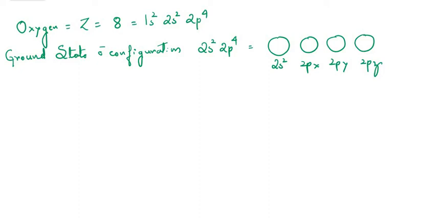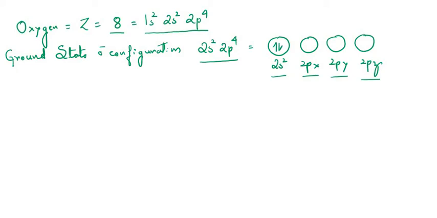Now we have to learn the electronic configuration of oxygen. The atomic number of oxygen is 8, and the electronic configuration we have written here is 1s2, 2s2 and 2p4. For the ground state electronic configuration, we consider the outermost electronic configuration, that is 2s2, 2p4. Here we have written the 2s orbital, and there are actually three p orbitals, one along x, one along y and one along z. In the 2s orbital we have 2 electrons altogether, whereas in the 2p orbitals there are 4.